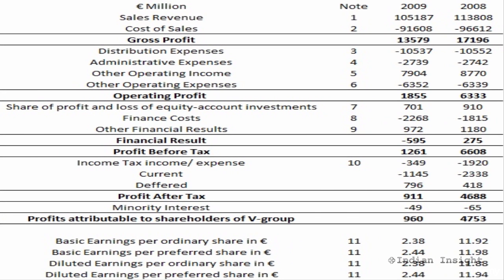V Group also has two types of shareholders, which are the ordinary shareholder and the preferred shareholder, and V Group presents the EPS for both these types of shareholders. From this statement, it is clear that V Group ordinary shareholder basic earnings per share is 2.38 euro. That is, for every share that a shareholder owns, the company is making an earning of 2.38 euros for the period. The actual calculation of these numbers by every company is usually presented in the notes to accounts section as part of the financial statements. Often these numbers are used in valuation ratios, which we are going to see in a later lecture.